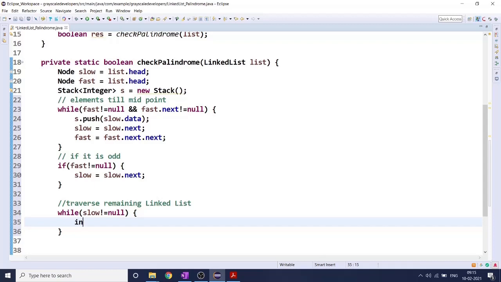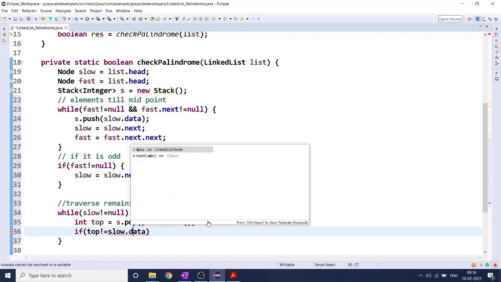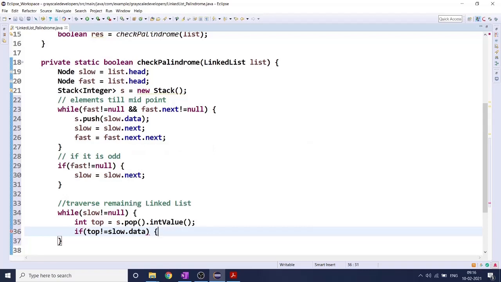I have to check integer pop equal to, I'm going to pop the stack. We are having a stack of integers, so I'm converting this into an integer value, pop dot integer value. So now here I have to check if pop not equal to slow dot data, then I have to return false.